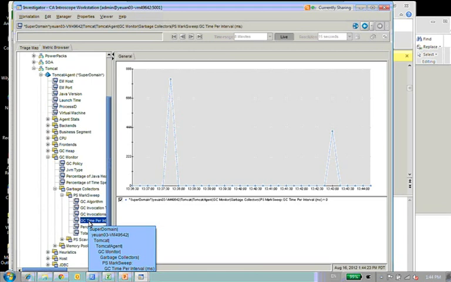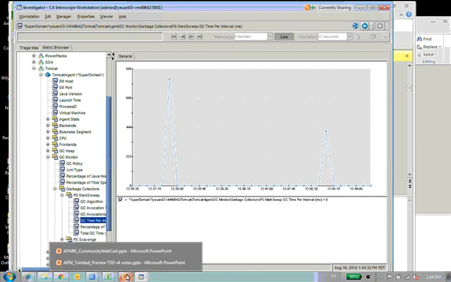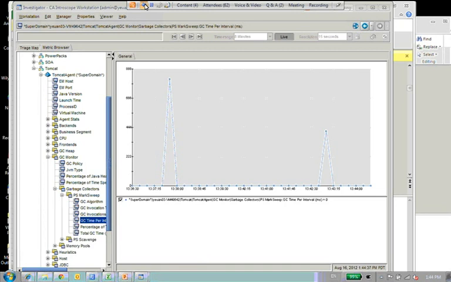So this gives you a lot of information, much more than what we previously provided with the GC heap itself, to be able to give you an understanding of what's going on with the garbage collection. So what I want to do now is to switch back to the presentation mode, and let's move forward with